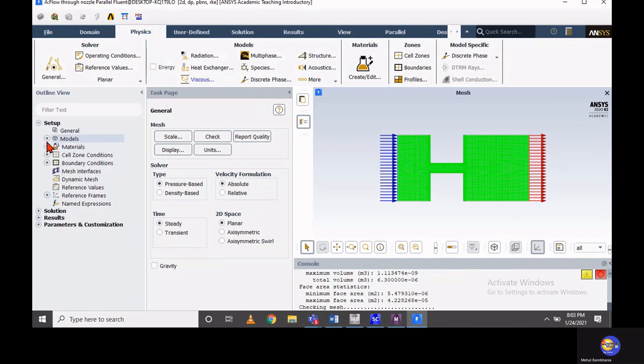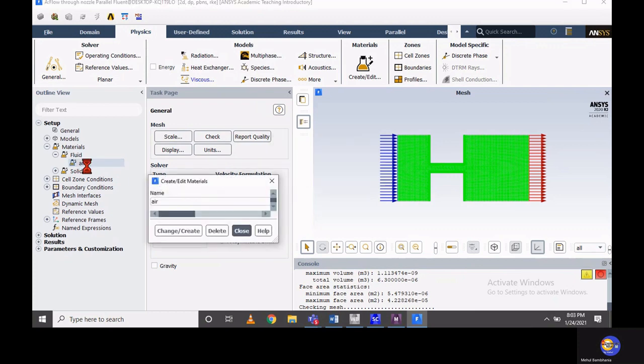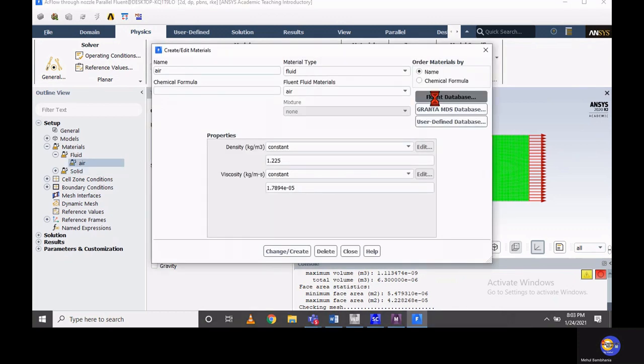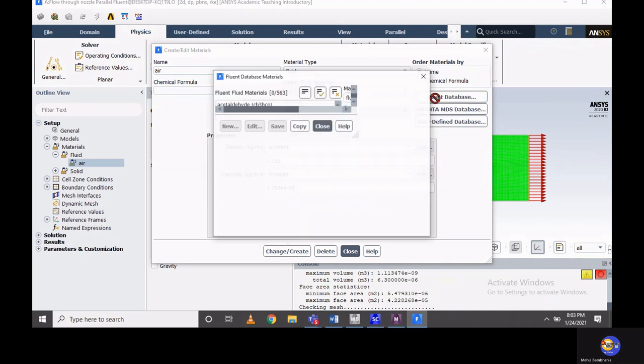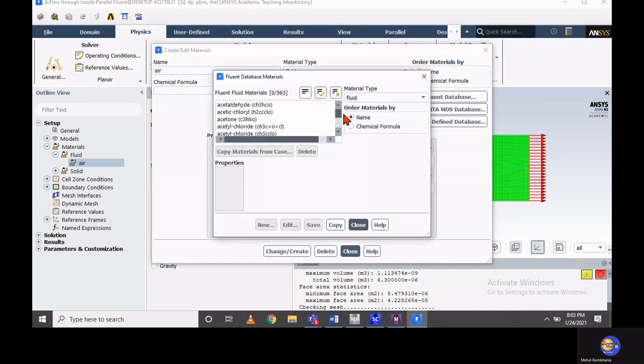After selecting the viscous model, you can assign the fluid material. Double click on that fluid. By default air is assigned to that fluid, but I will go through the database, and from the Fluent database you can select the fluid which you want to supply through this pipe.